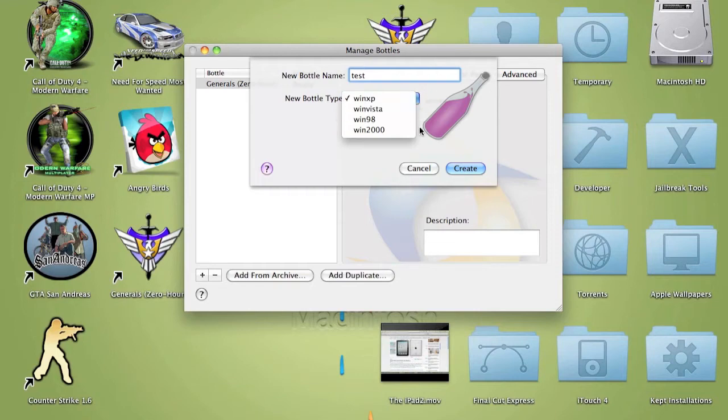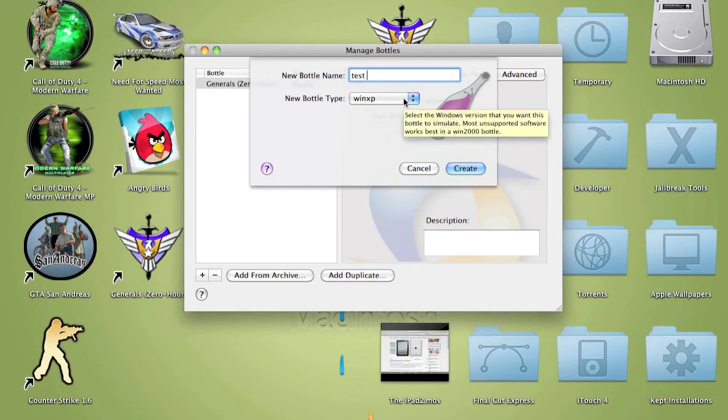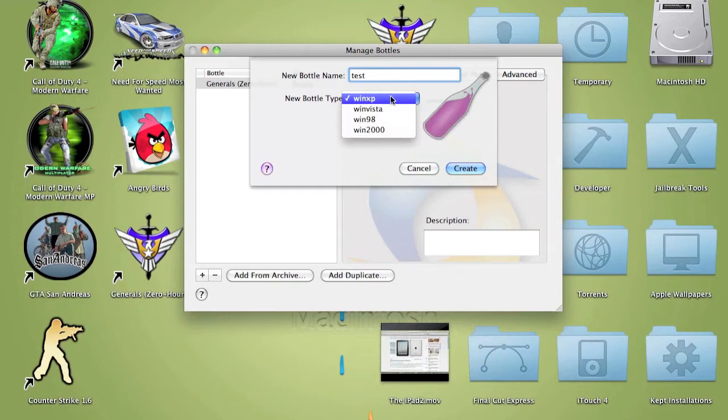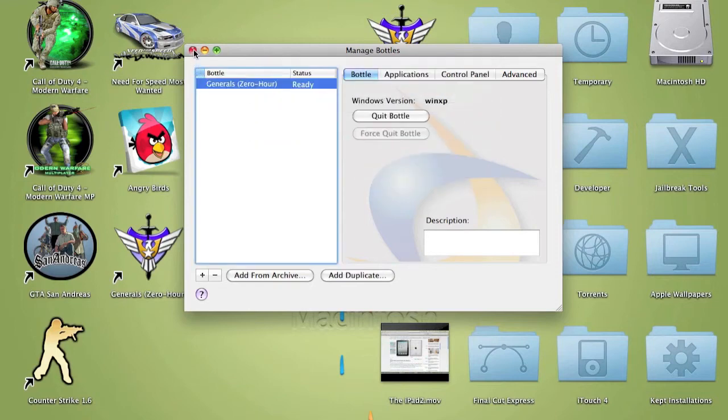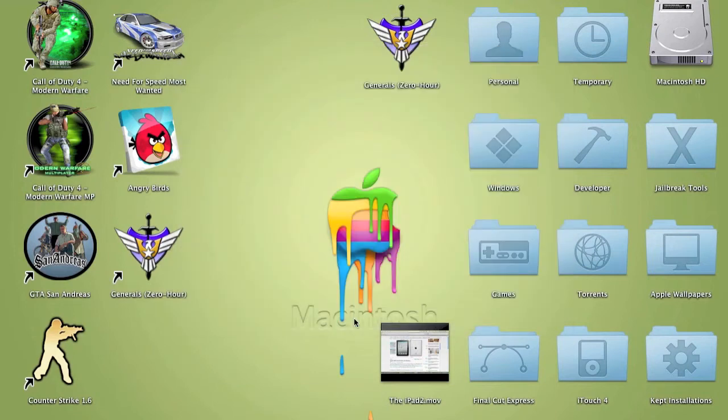And choose whatever software you want it to run on. It's basically just a simulation. I advise using Windows XP for games, and for others Windows 2000. I've made this, so yeah. Okay, when you've done this and you've made a bottle, you should put open,